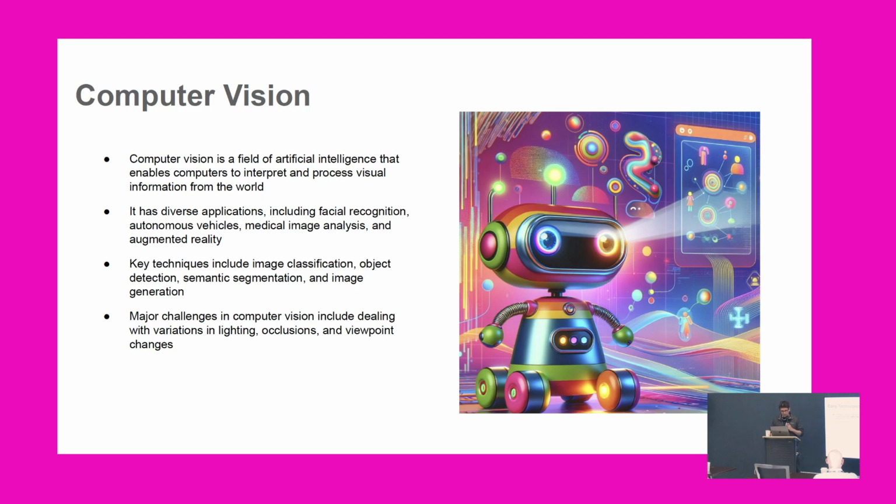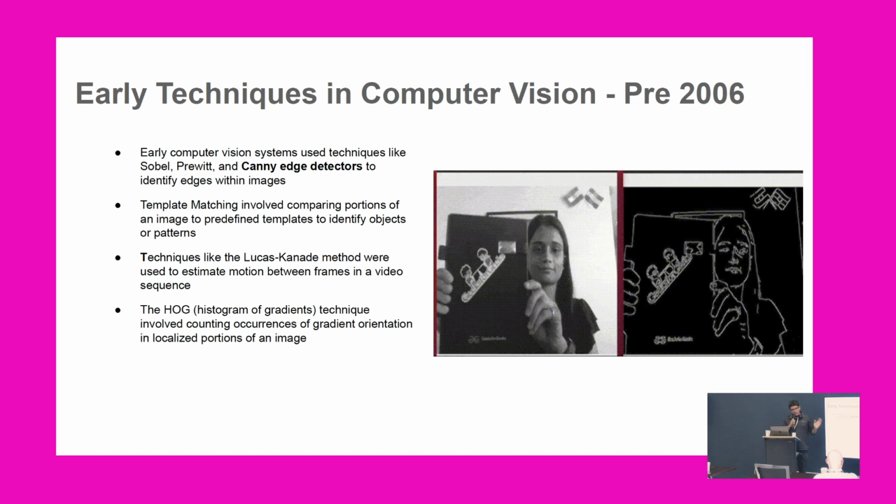So the beginning of computer vision actually goes back decades, into the 70s and 80s, when people started experimenting with robots and cameras and determining what they could obtain from images. Eventually, computer vision became its own discipline, and prior to 2006, people were using a lot of manual or heuristic techniques to identify objects in an image. For instance, this visualization here is